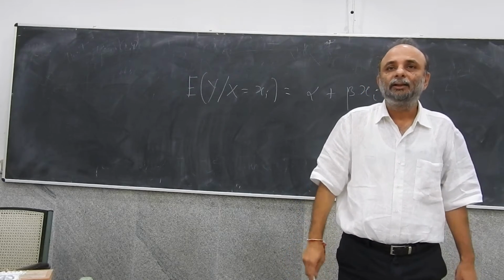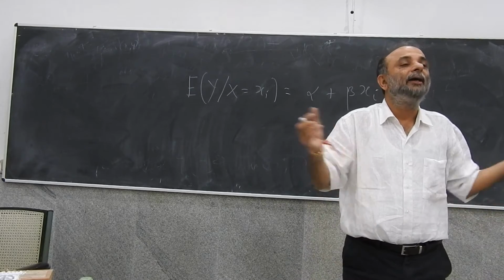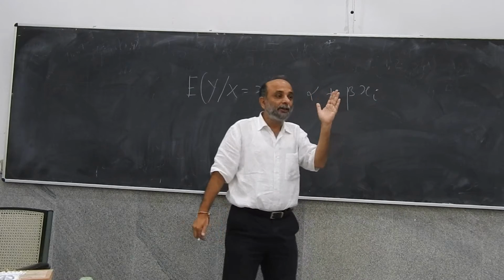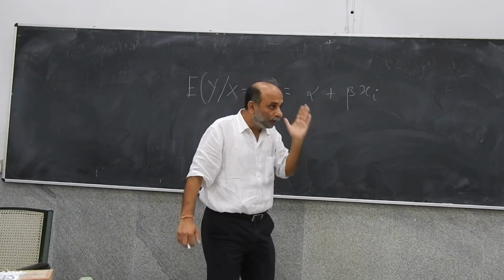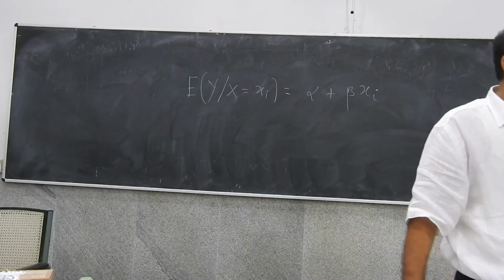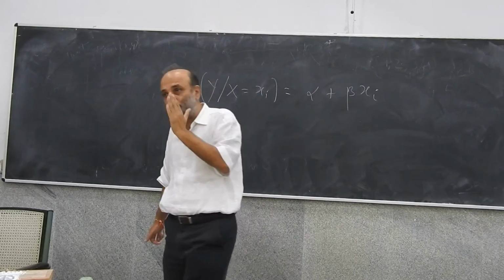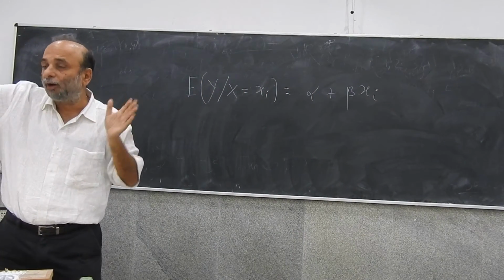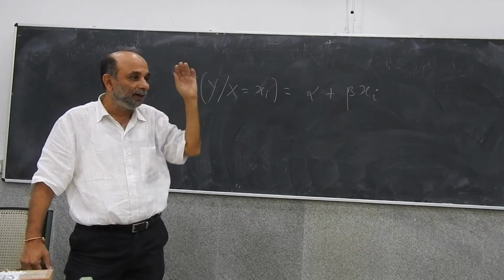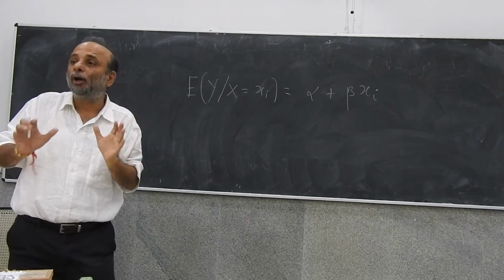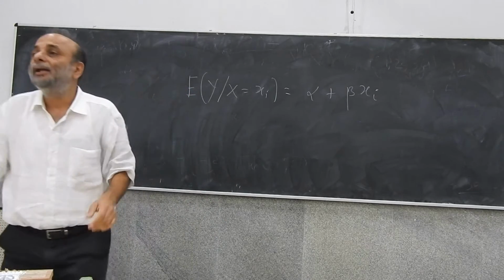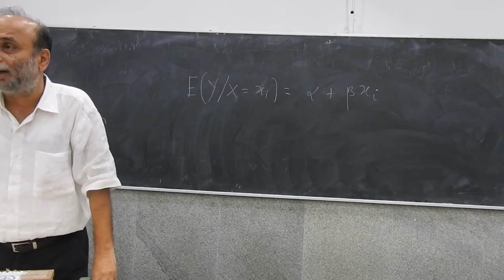Everyone remembers this? So for example, we did that case where you were tossing 3 coins and the average number of heads on all 3 tosses was y, the number of heads on the first 2 tosses was x, and we said that the average number of heads conditional on the number of heads on the first 2 tosses can be written as a function of x. Then we said 0.5, 1.5, 2.5 like that, right? So that relationship, which can be described as alpha plus beta xi, is called the population regression function.